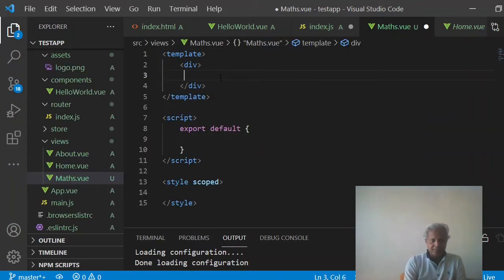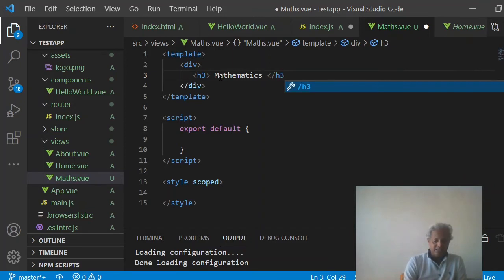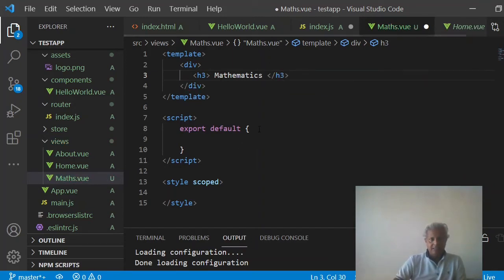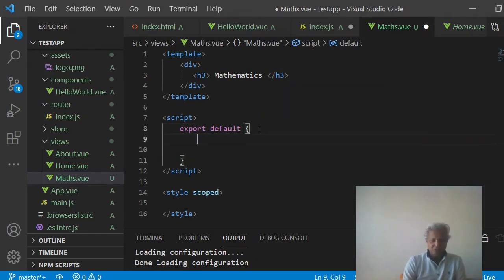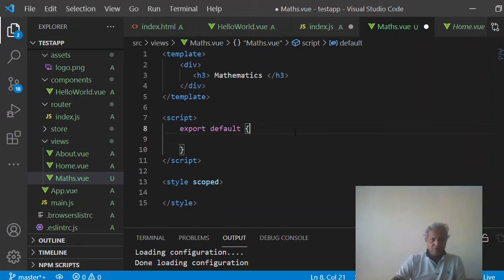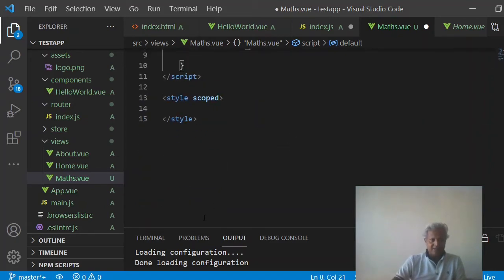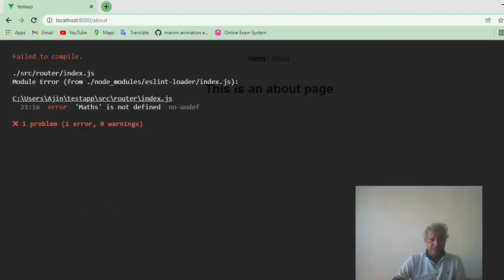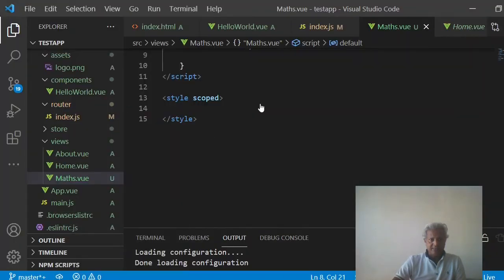Inside this template here I type h3, calling it mathematics, and close h3. Now in the export default, if I do not use it, it's okay. Now simply this part is okay. So now I want to check, because you see here it says one error is there, math is not defined inside this